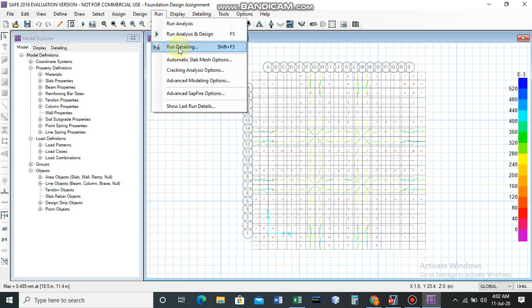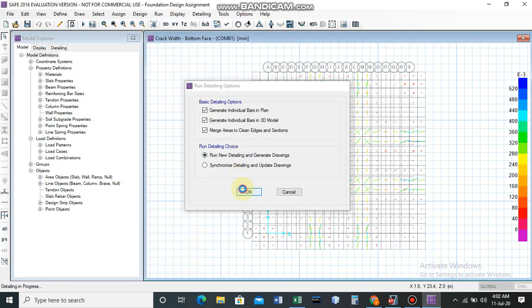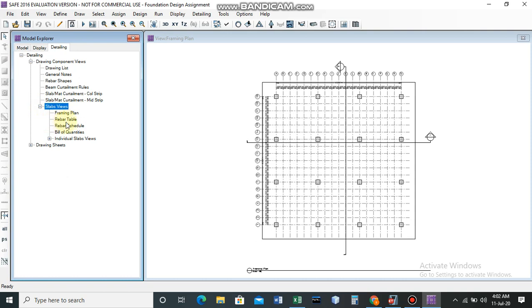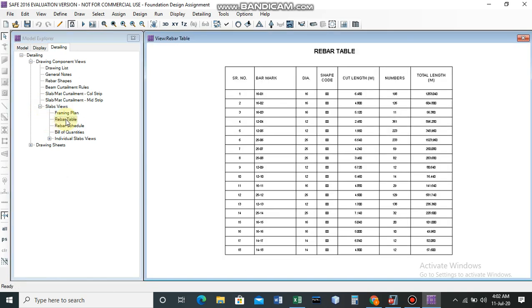Under Run, click on Run Detailing, click on OK. Now in the Model Explorer, expand Drawing Component Views, expand Slab Views, click on Rebar Table.